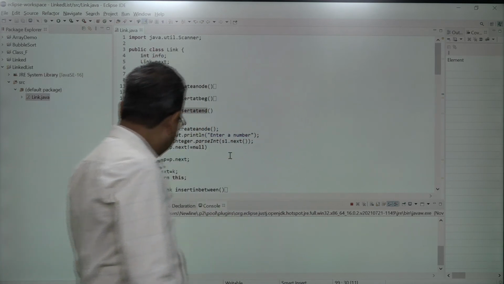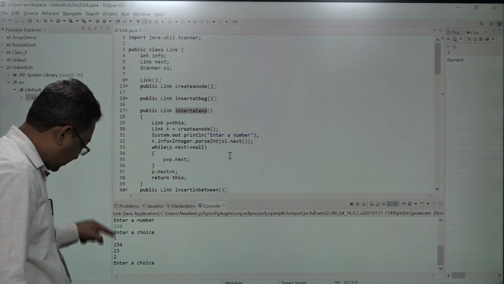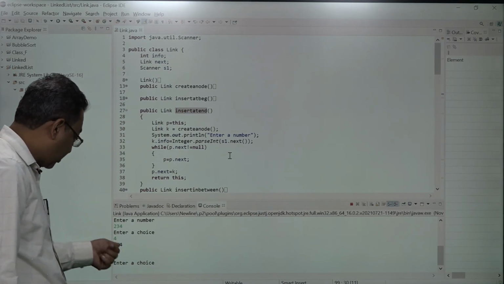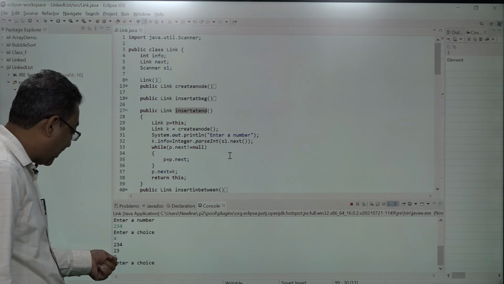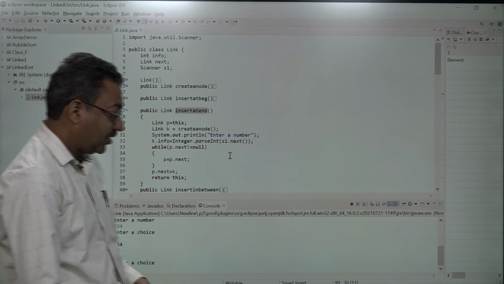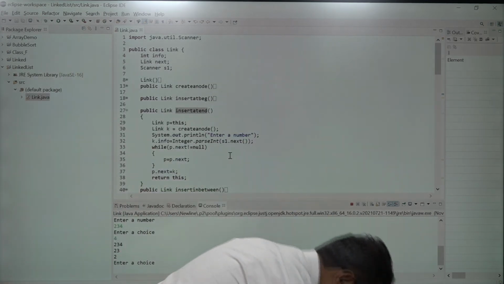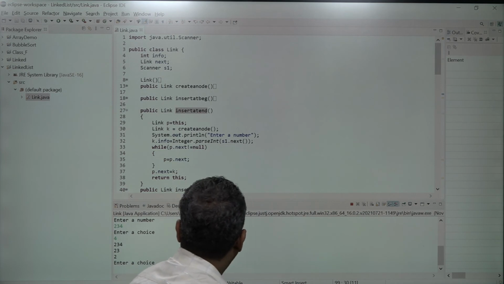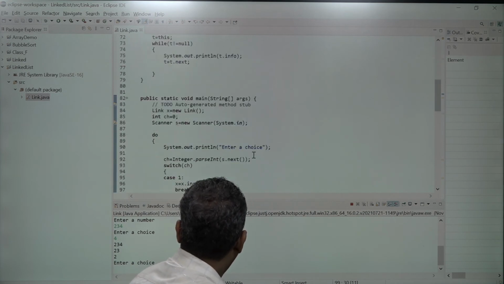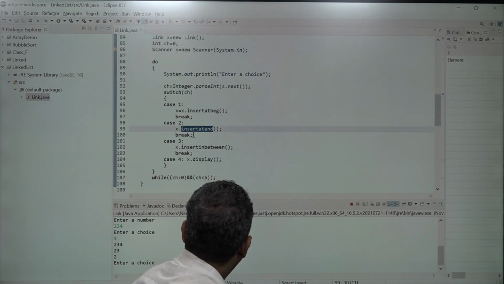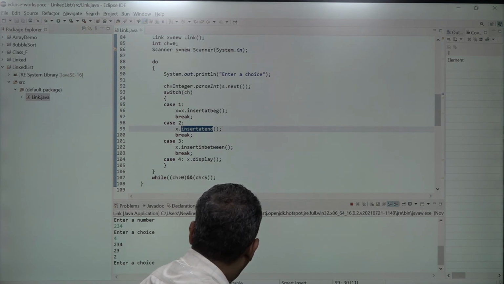Okay, this is already compiled. This is the linked list 2, 3, 4, 2, 3, and 2. 2 is at the end. Let's see what it results in. When we go for insert at end, insertion at end is our choice 2.